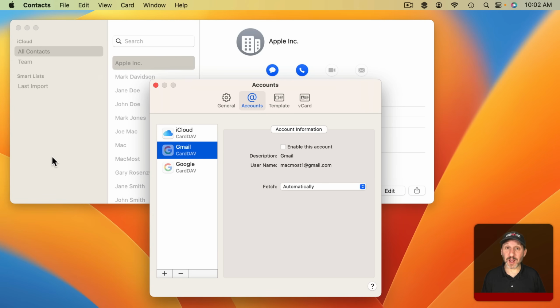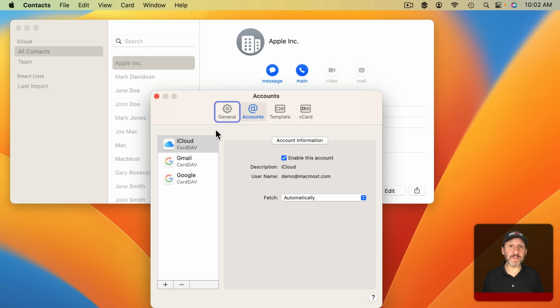You may see duplicate contacts because they're in both services. And when you create a new contact, it could be confusing which service you're creating the contact in. You could be creating it, for instance, in Google or Yahoo instead of in iCloud. So unless you're ready to manage all that extra complexity, just have one account enabled, probably your iCloud account, and